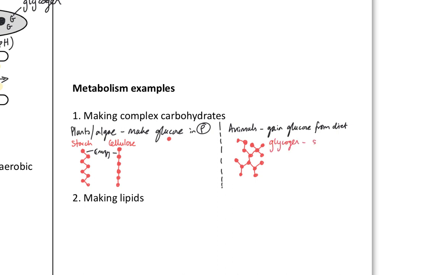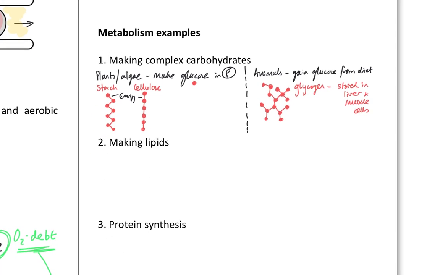Yeah, and that's stored in the liver and muscle cells. And I can basically turn it back into glucose by breaking those bonds. So forming glycogen in my liver and muscle cells is a metabolic process. I'm warm today because I'm forming glycogen, because energy conversion is not efficient and therefore heat's